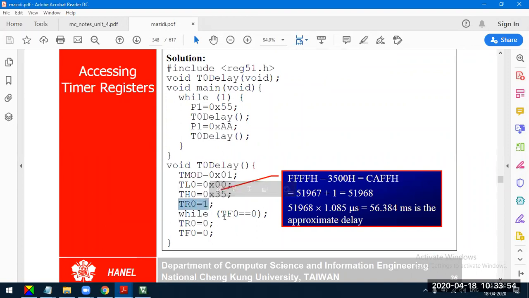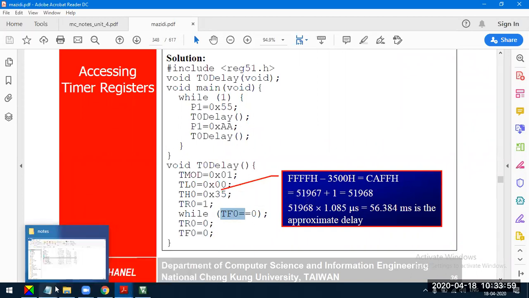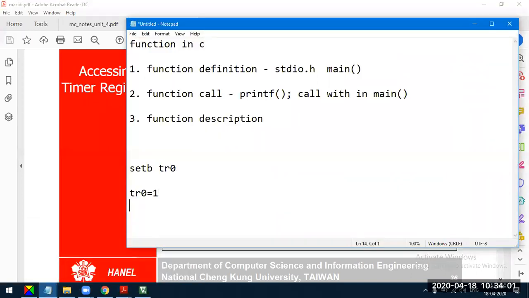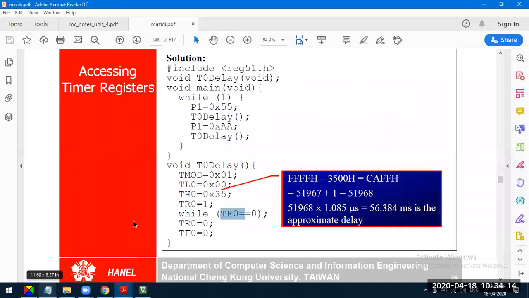Now we have to wait till the flag is set to 1. How do we do that in assembly, guys? How do we wait till the flag is set to 1? JNB TF0, comma dollar symbol, that is, execute the same line. We wait till the flag is set to 1. How do we do that in the C program, guys? It's very simple.